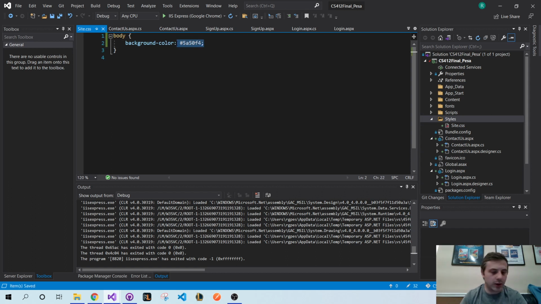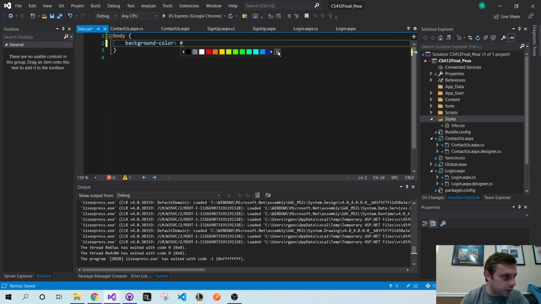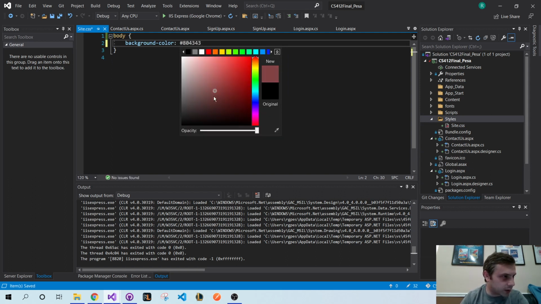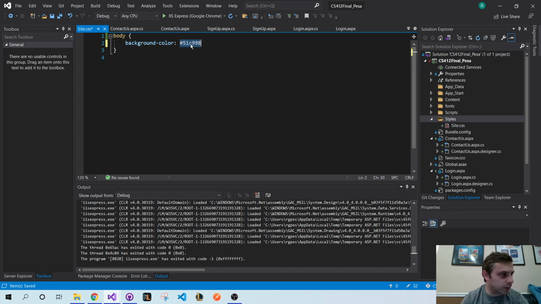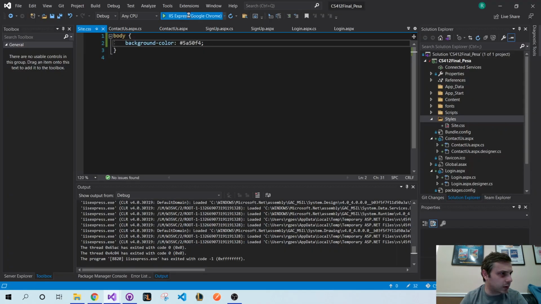If you want to pick your own color, you just have to do the pound sign and click this little down arrow, and you can select anything that you want. So that's pretty cool, and then you can change the opacity. But anyway, I already selected a color for myself. So I'm going to do that color. This website might look ugly, but